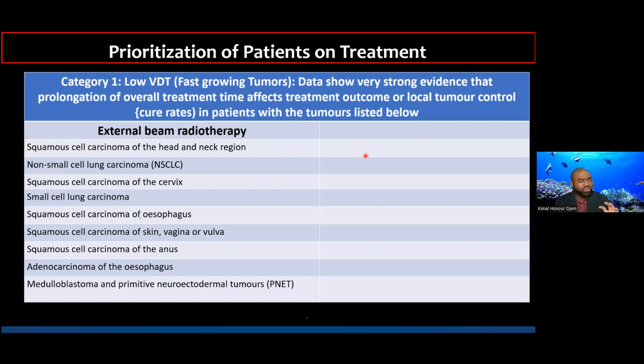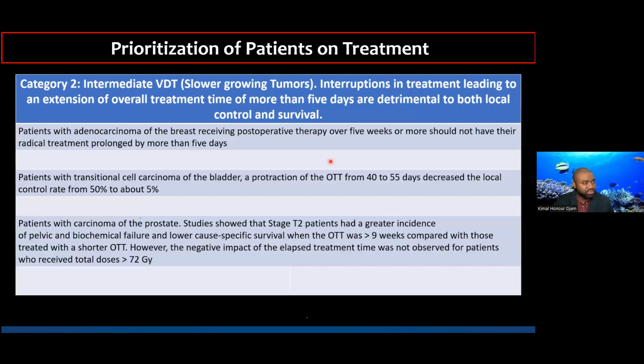And so when we are treating patients with category 1 diseases, we have to be extra cautious and very careful when the patient misses or there's a prolonged treatment. We have to make sure that we compensate for the repopulation that occurs in order to keep our isoeffectivity as originally prescribed. For category 2 tumors, slower growing tumors, in other words, if we look back on the